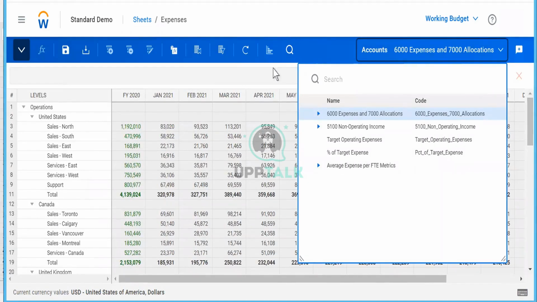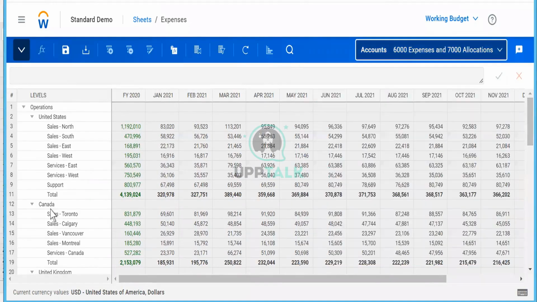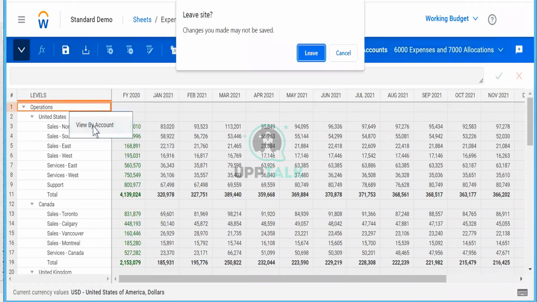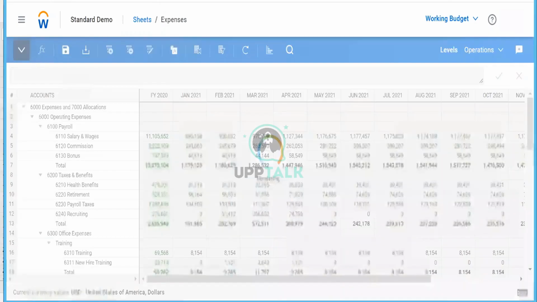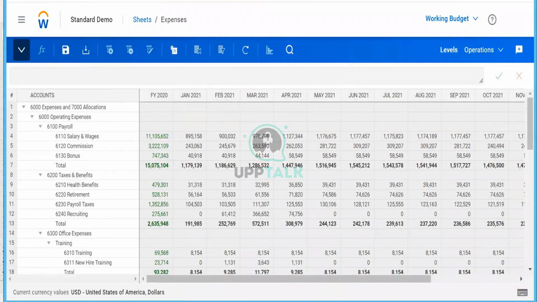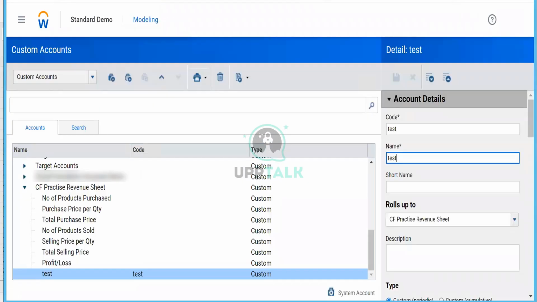Did you notice what happened? Yes. Usually what is preferred is to have view by account by default, because we want the accounts here and the level structure here. Sometimes it becomes very tedious to see one account at a time. That's what it is asking us here: what type of initial view do you prefer?